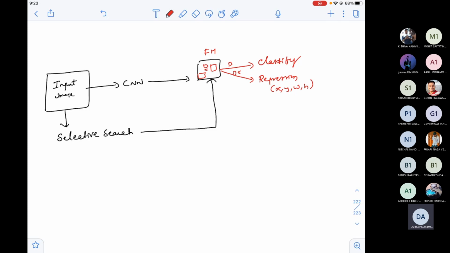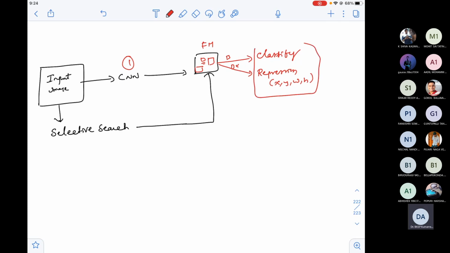Is it that simple? Yes, only a change from Fast RCNN. The first change is that I'm passing the entire input image to the CNN. The second change is this: earlier I used an SVM model for classifying whether an object exists in the box or not, and dedicated machine learning regression models to come up with x, y, w, h. Now with only these two small changes,